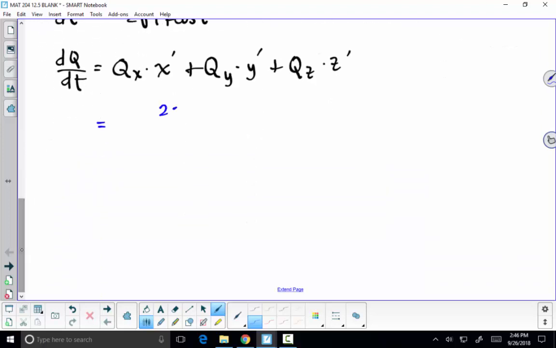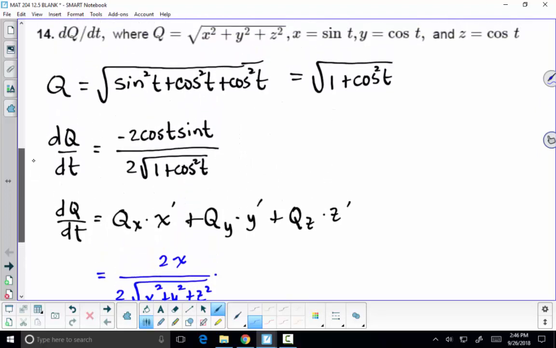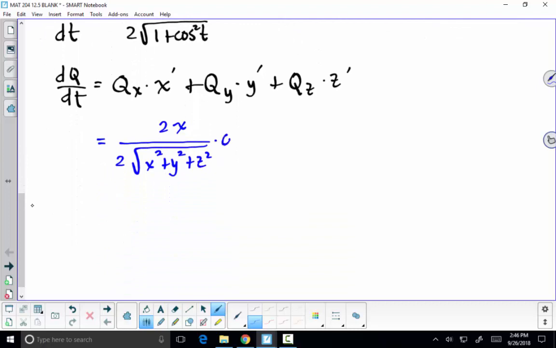So we're going to get 2 times the square root of x squared plus y squared plus z squared, multiplied by x prime, and x was equal to sine of t, so the derivative of that is cosine t, plus